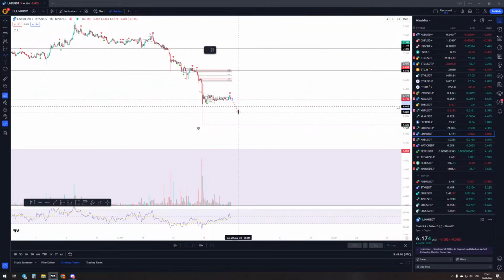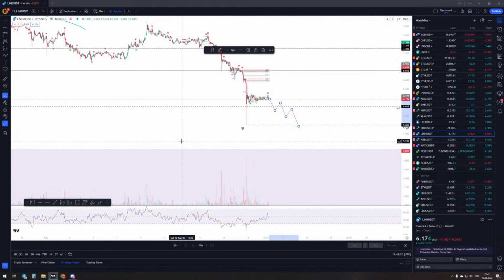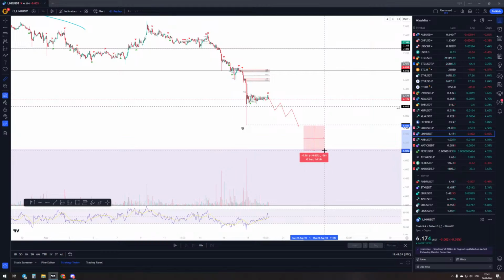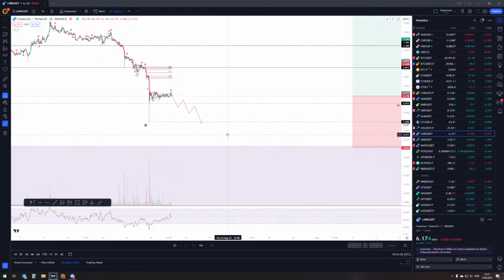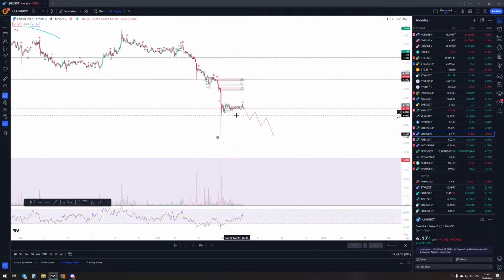Something like this, just to test this week, I will be longing here. My stop will be less than 10%, which is really good, because we can easily go down to test this week